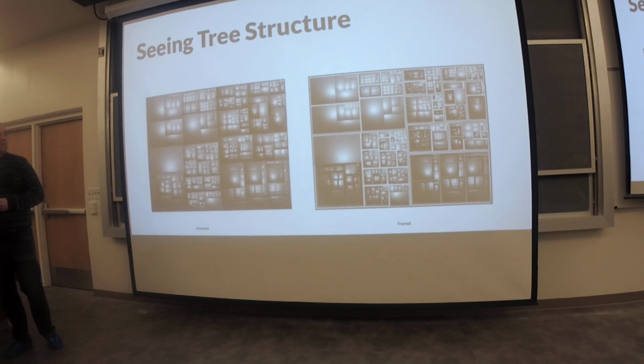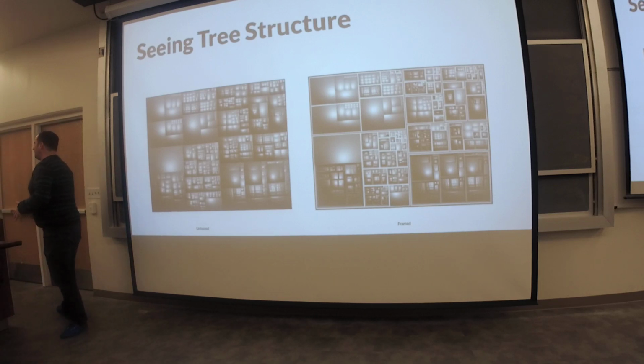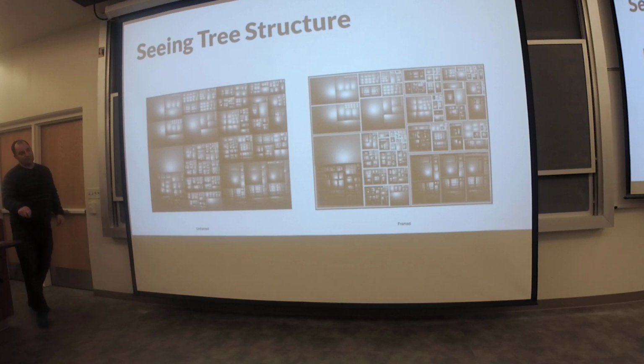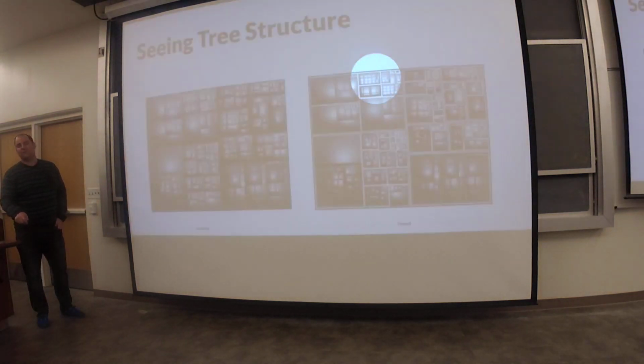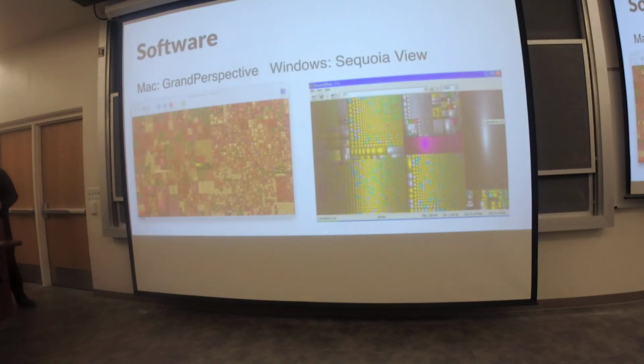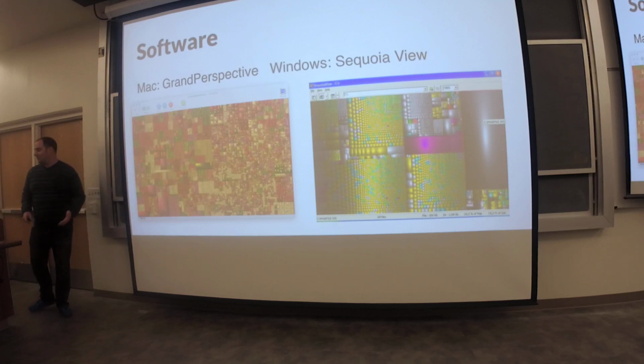You care much more about where the big elements are. So depending on whether you care for the backbone or not, this is the approach that you could take or not. But even then, reading the tree topology from this chart is still pretty difficult. And so there are tools now that we can use on our hard drives for both Mac and Windows,